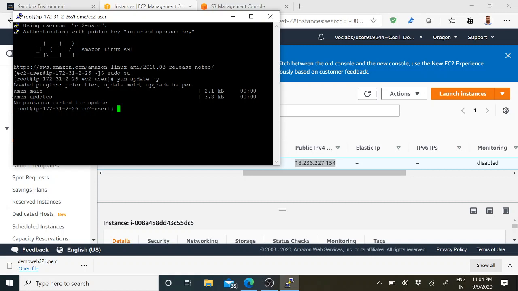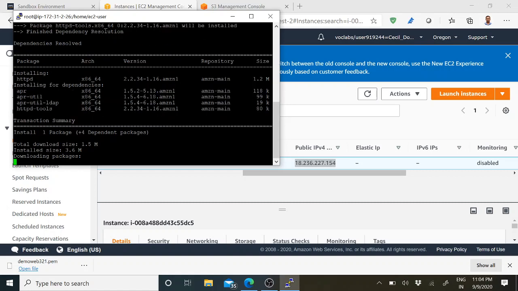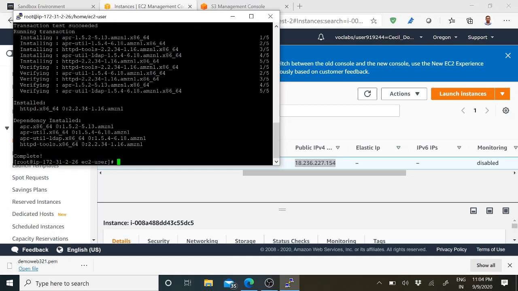Since we want to run a website on the EC2 server, I need to install Apache. For that, the command is yum install httpd -y. This is the command to install the Apache server. You select it, and you can see it is instantly installed on your EC2 server. Now the status is complete. I'll just maximize the window.